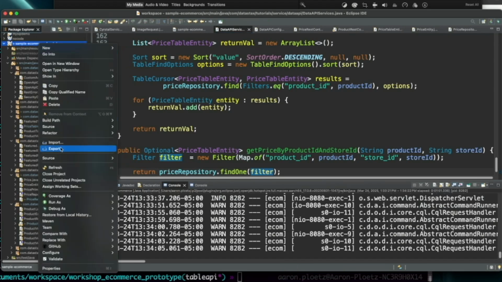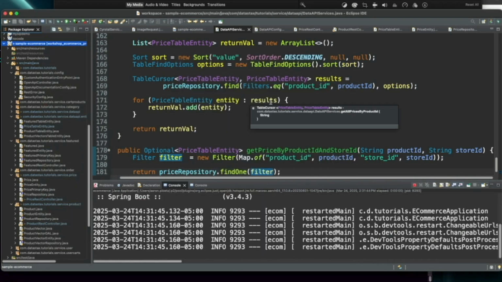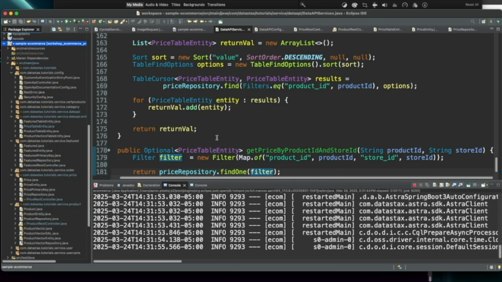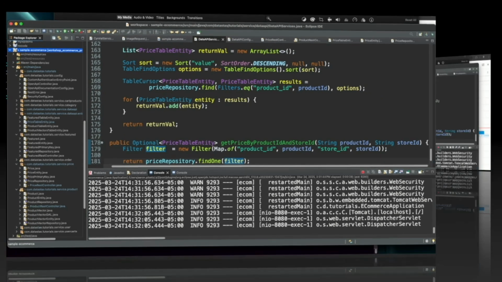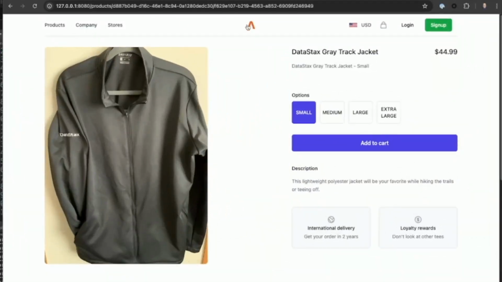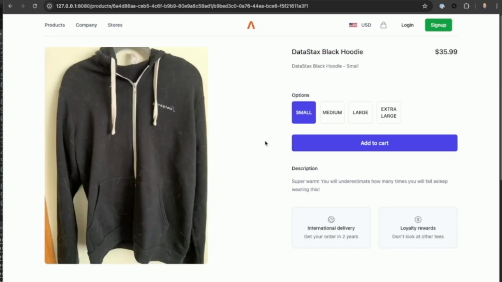Let's give this a shot here. Okay, that's running. Now let's go check the site. Back to the beginning here. All right, maybe refresh. And hey, look at that. And we're getting pricing back with our products.